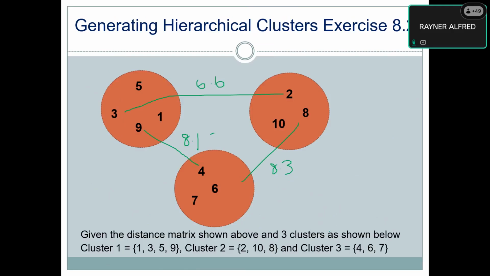But to decide which merging we should do, we should choose the smallest one here. The maximum distance is determined between two clusters, but when it comes to merging, we need to choose the smallest one. So cluster 1 and cluster 2 will be